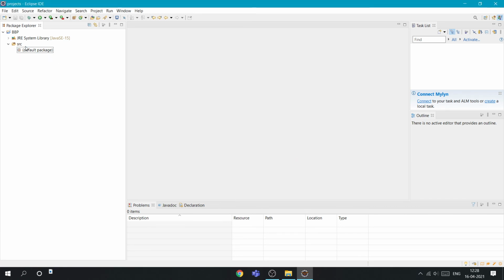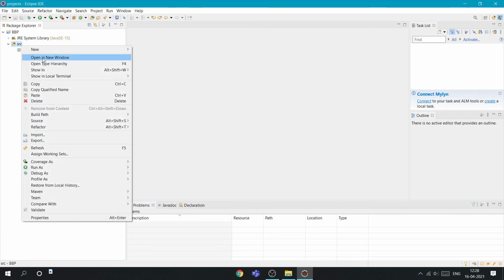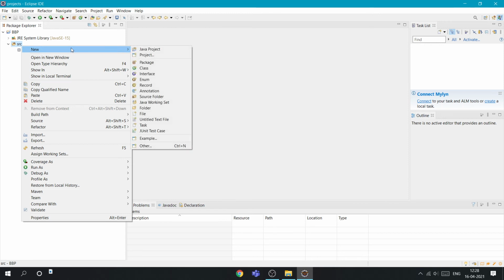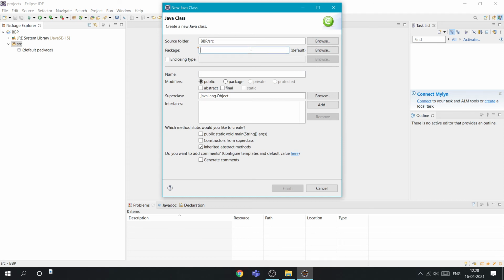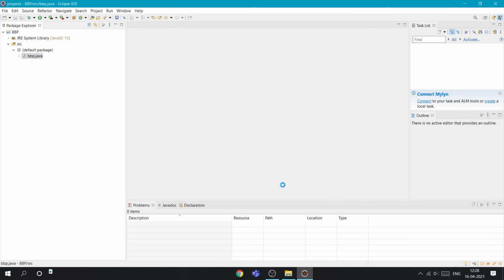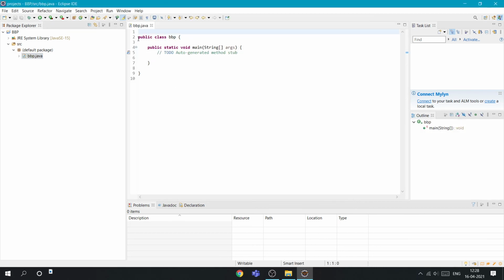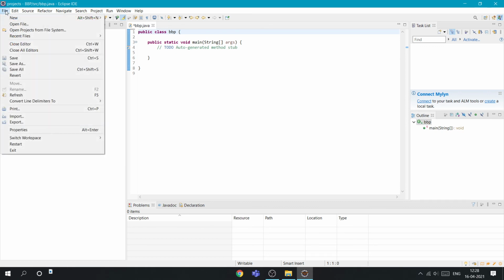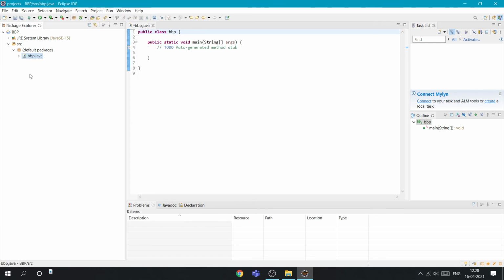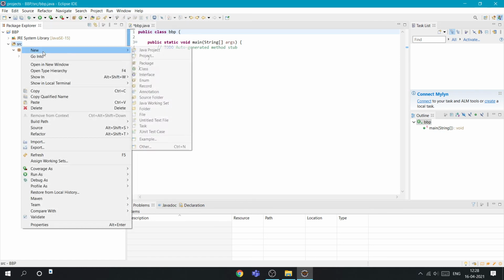I'm deleting the module also. I will right click on source, select new, and select class. Here I'll use default package. I'll just give the name BBP, public static void main, finish. Now it's gone, because we had created a new class file from there. That's what it was asking. Just right click on the source, go to new, go to class and give a name to it.